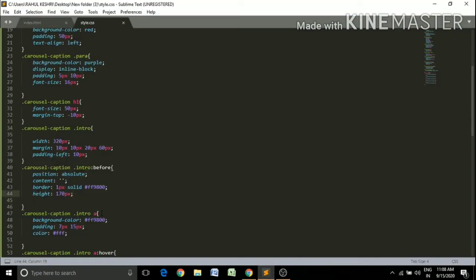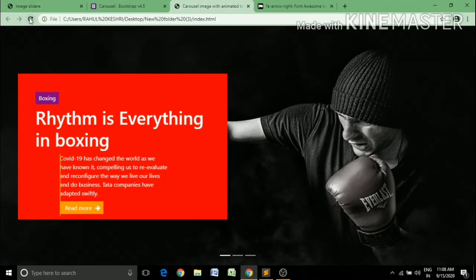Now give some distance between the paragraph and the border left: left 108 pixel. Now you see that there is separation between the paragraph and this border left.